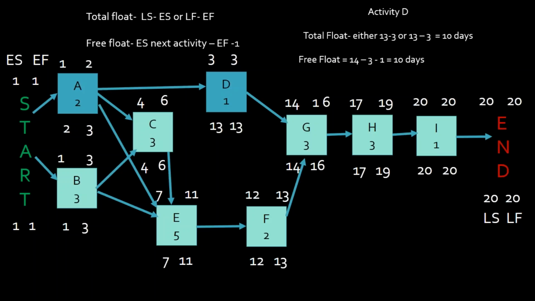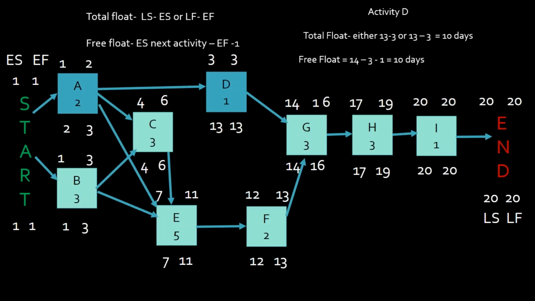I'm trying to process the total float as well as the free float. Can you explain both again? Activity D. Sure. No problem at all. There are two types of float, okay? Total float and free float. They usually are the same from a number standpoint. When I do the calculation, it's going to be 10 days for D no matter how I do it. But